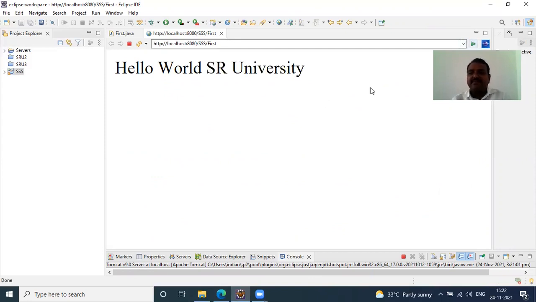See here, it means whatever the content which is there on your web page or on the servlet can be dynamically updated with your Tomcat if you are going to generate a servlet in your Eclipse. That's the advantage we have if I execute your servlet on my Tomcat on your Eclipse.